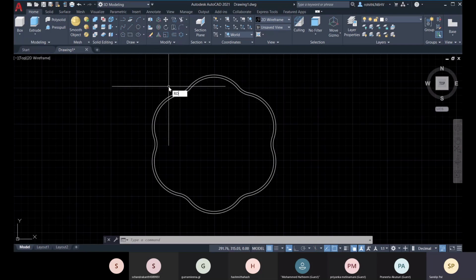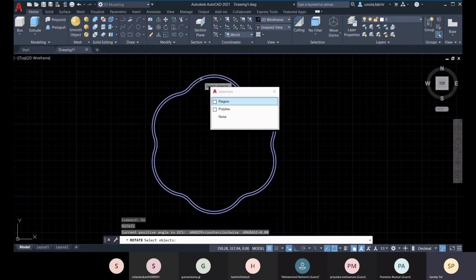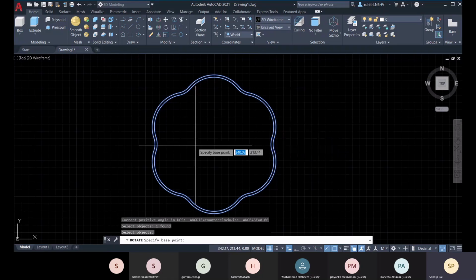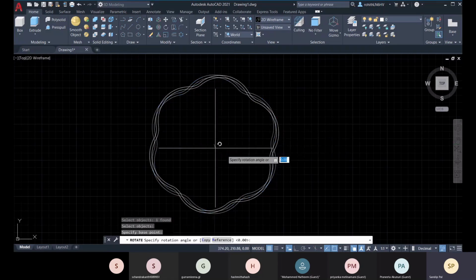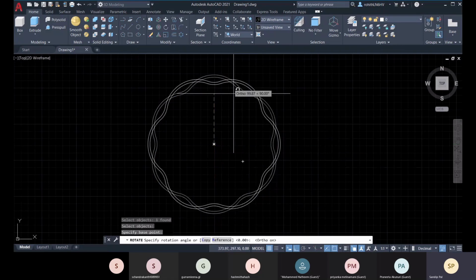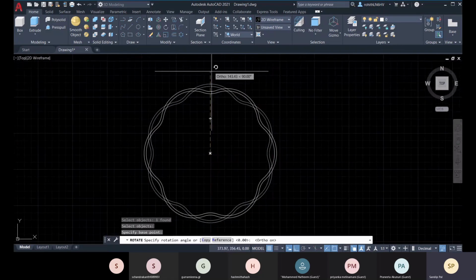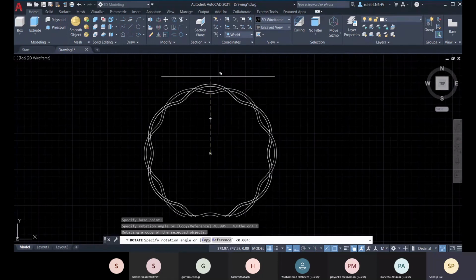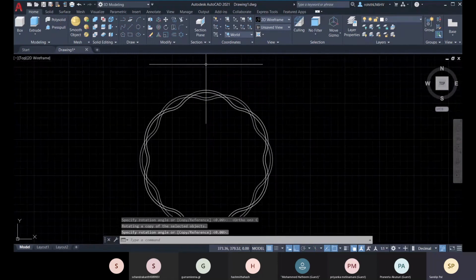So RO is the command, rotate, and there you select the object, region, enter. The center will be the base point. And now make sure you make the auto mode on, and your rotation angle is 90. So before providing the rotation angle, you make it copy, okay.